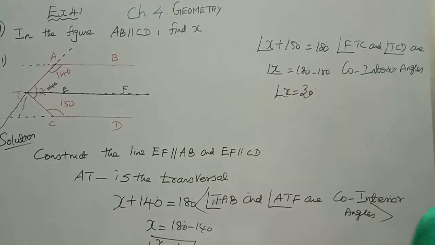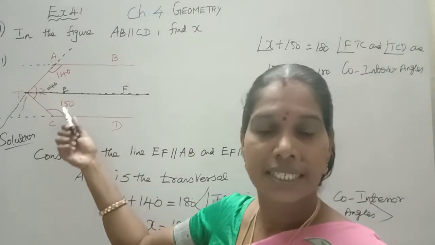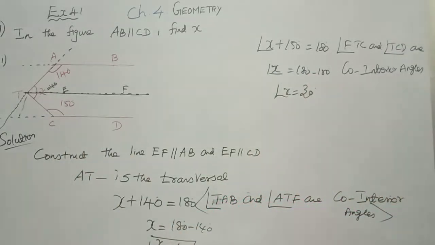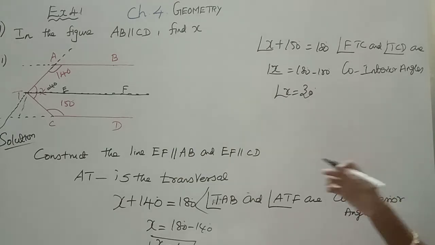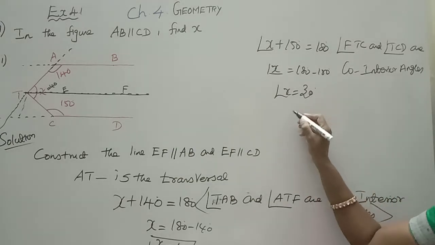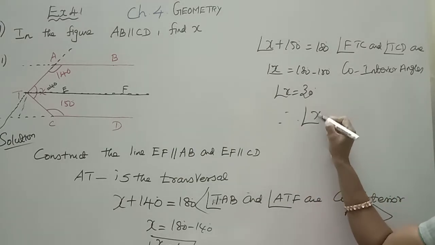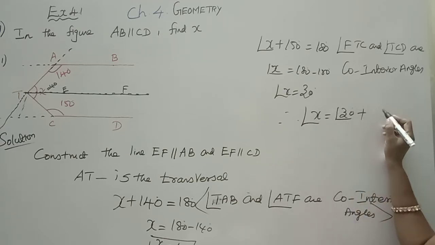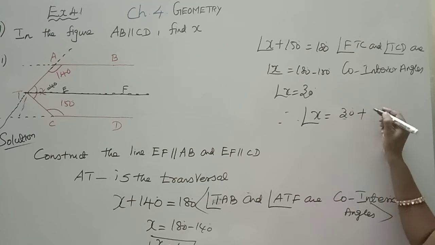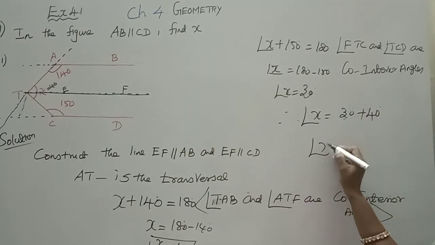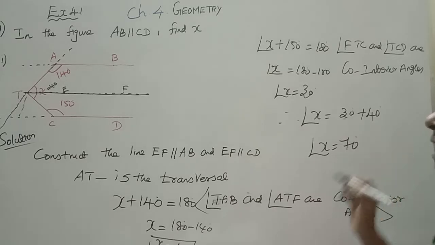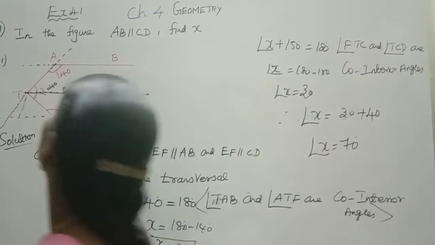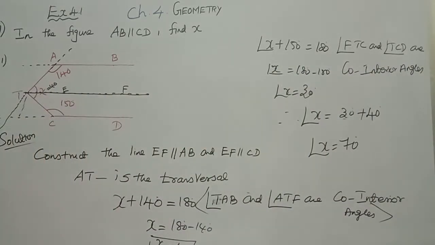You may give the names also, A and B. X is equal to angle A plus angle B, also you can give. Okay, now I got angle x in two places. Therefore, what is the total angle? Angle 30 plus angle 40 degrees. Therefore, angle x is equal to 70 degrees. The question is find the x. Therefore, angle x is equal to how much degree? 70 degrees is the answer.